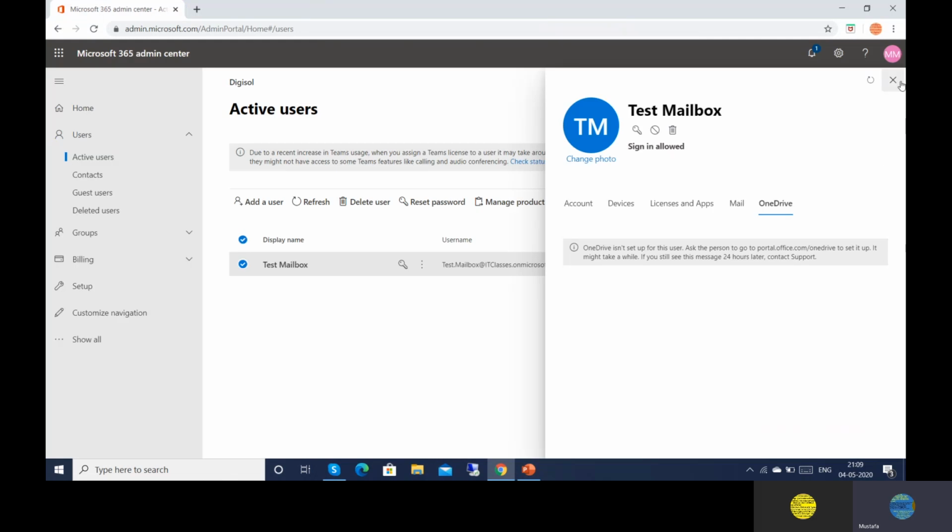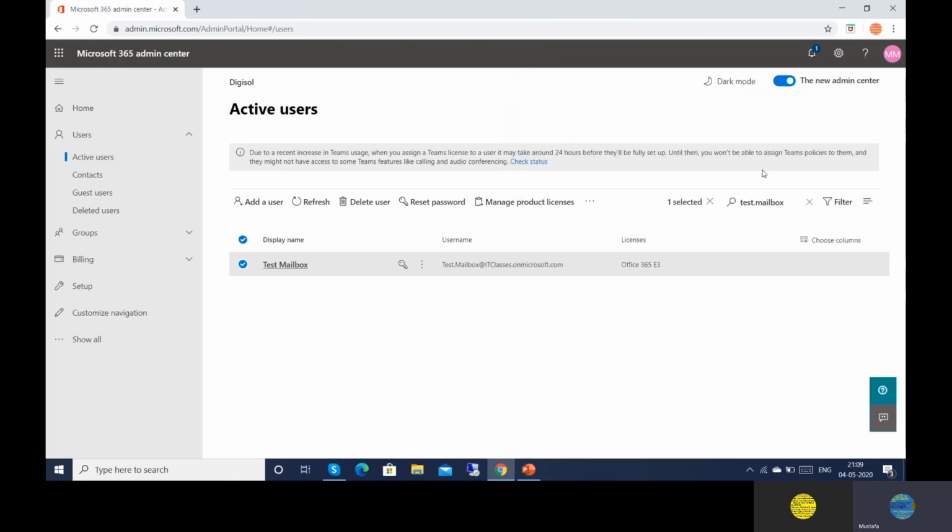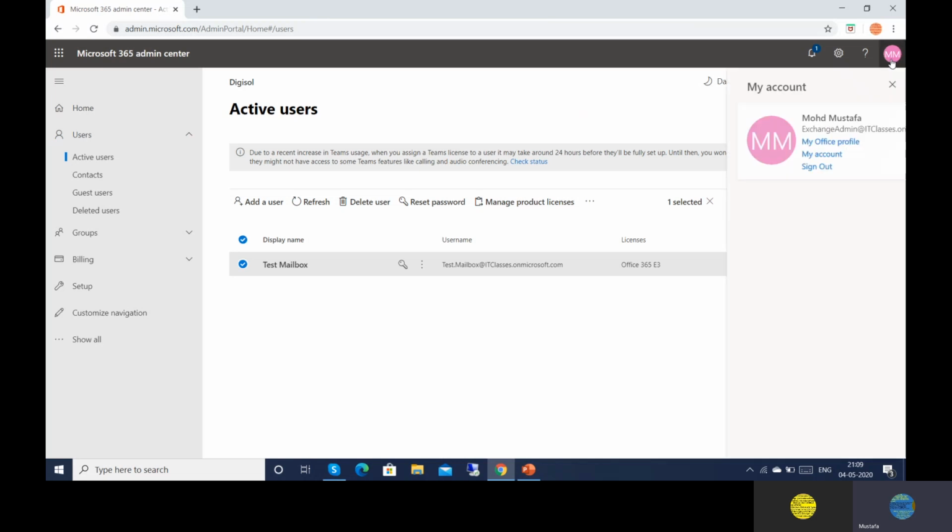Now we will log into that user mailbox and see whether it is able to access it or not.